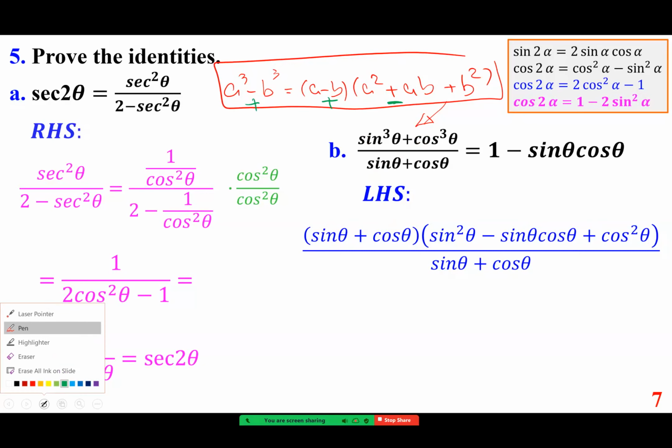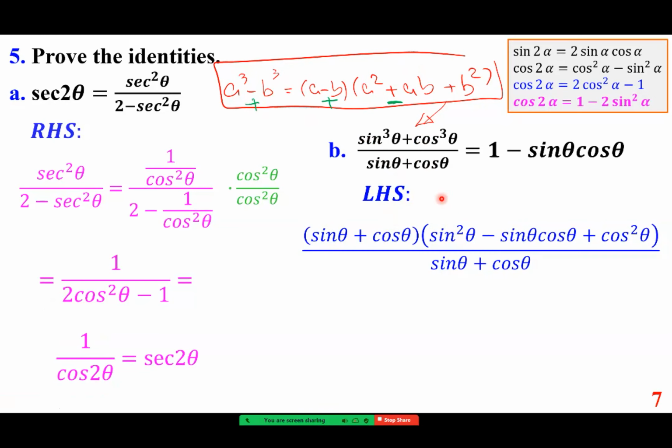So I'm giving you two identities. So a cubed plus b cubed is a plus b, sine theta plus cosine theta. This is a squared, sine squared theta. This becomes negative, minus sine theta cosine theta, plus b squared, cosine squared theta. Okay. So clearly,